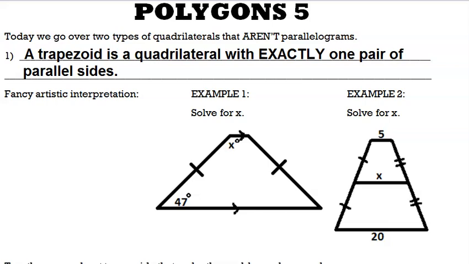And if it had no parallel sides, then we would just have to call it a quadrilateral. We wouldn't really have a lot of good options there. Okay. I suppose we could also get to what we're talking about here a little bit later, but I'll just save that. All right, so I want to give you 2 examples of what a trapezoid would look like,